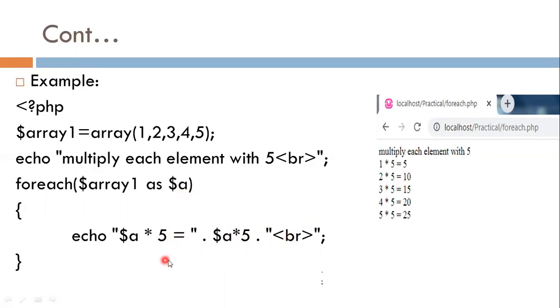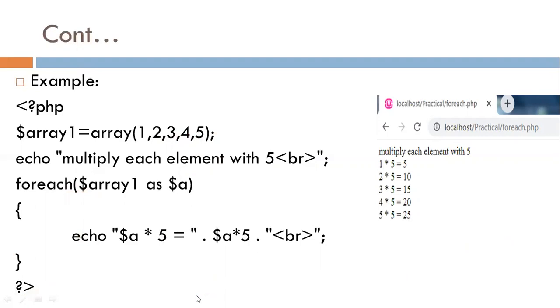And the output is generated for 3 into 5 is equal to 15. Then the next element is 4 and the statement is 4 into 5 is equal to 20. Then next 5. After completion of each and every element of $a, the foreach statement is completed and our script is also completed.